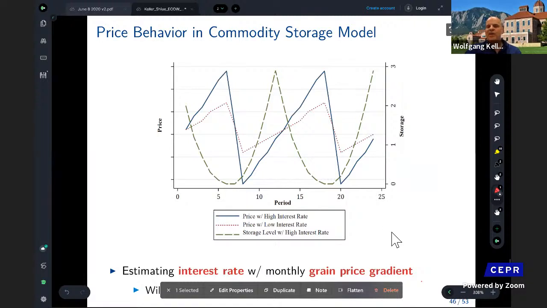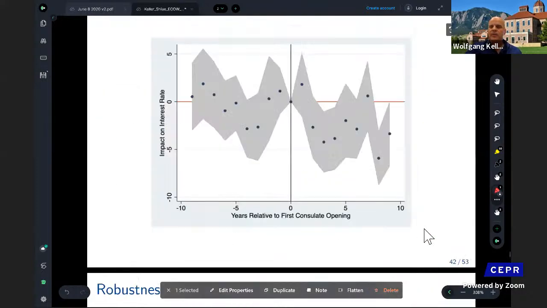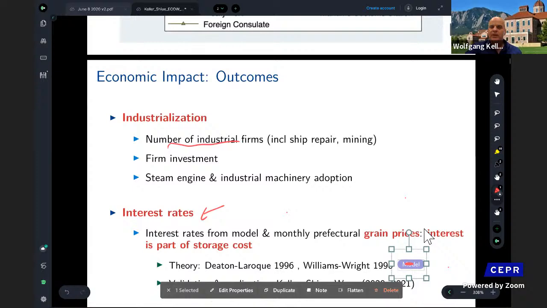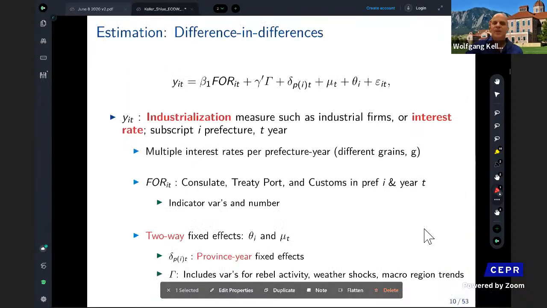And so we have backed out regional interest rates for more than 250 prefectures in China at an annual frequency, using this method. And that has also recently been validated in some research that we have in Cliometrica. So going back to the estimation framework, it's a difference-in-difference estimation framework where we have an